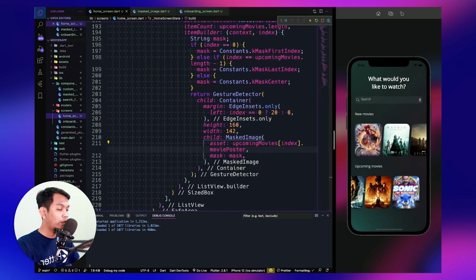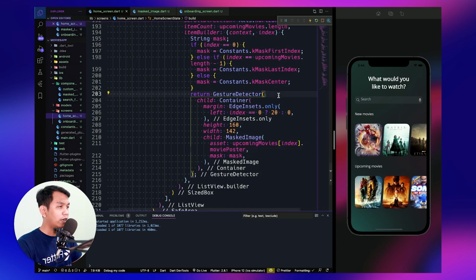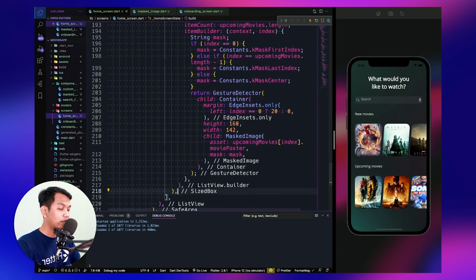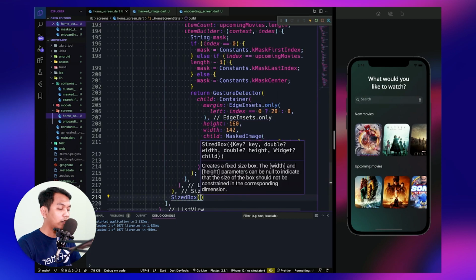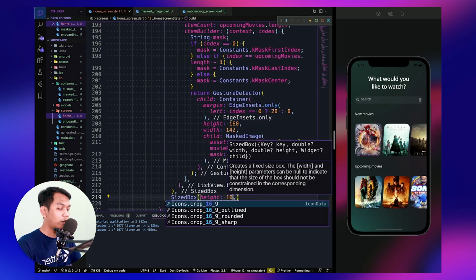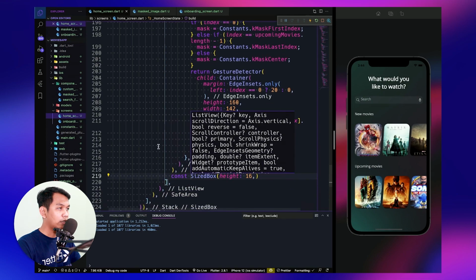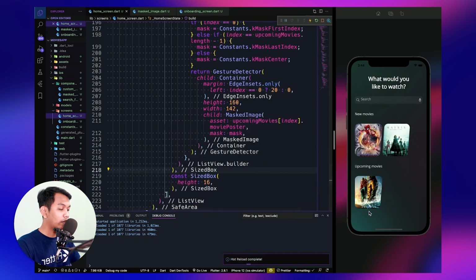So we will have another list, which is upcoming movies, and new movies. Below that we will give a little distance, so we will use a SizedBox with the height of 16, and add the const modifier.